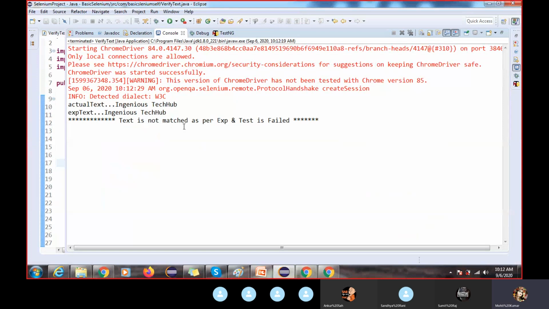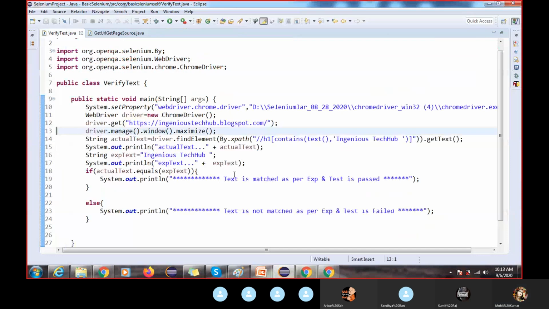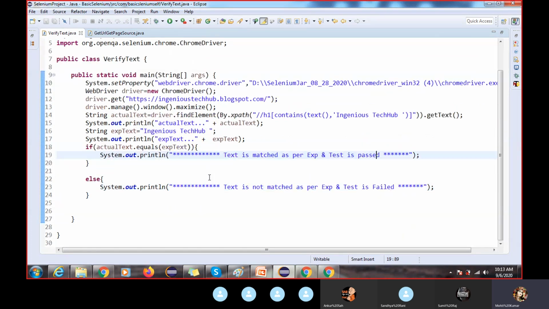Actual and expected are a match. Why is the test failing? Both have the same name. One second. Test expected must be passed, right? But it is failing here.